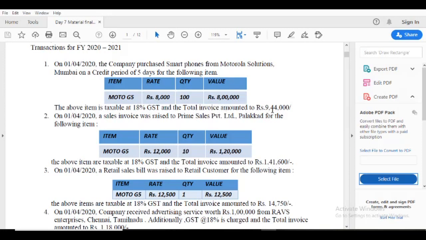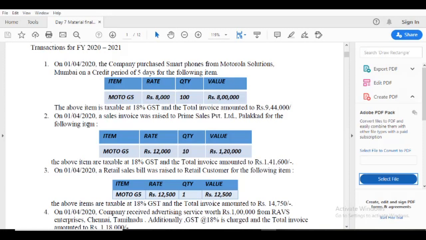Then on 1/4/2020, a sales invoice was raised to Prime Sales Private Limited, Palakkad. Palakkad is situated in Kerala state, so mention Kerala as the state.